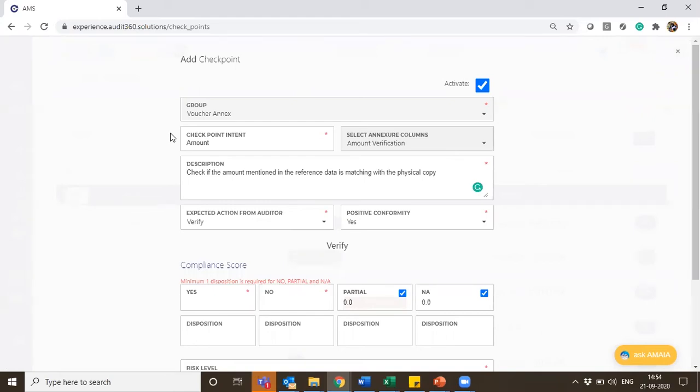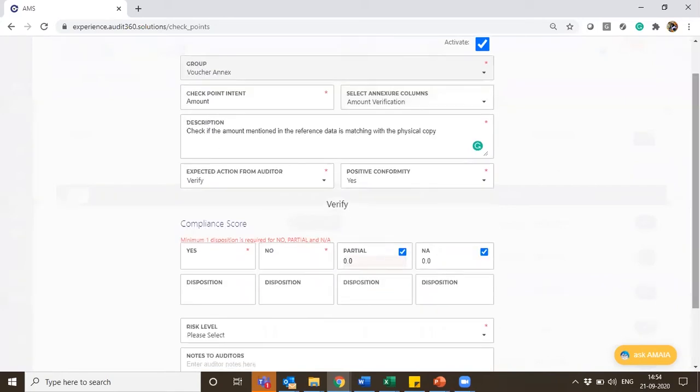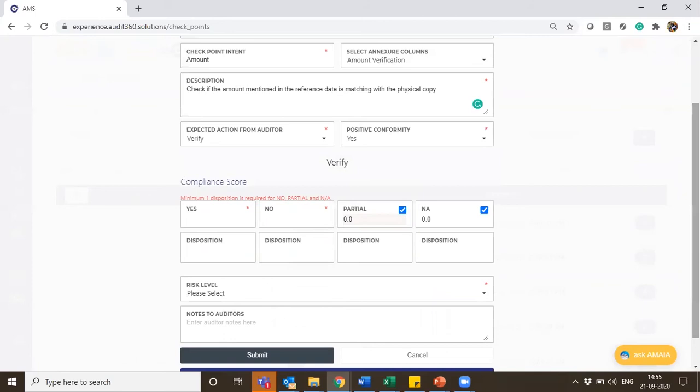Otherwise, you would prefer to have a list, maybe an Excel or another copy in paper verification that we would need. But in this form, the relevant information when it is mapped will be tagged to a checkpoint and the information would be seen by the auditor on screen. And if you have seen, the moment we have taken the column as amount verification, in a column we had chosen verify, so the verify screen would appear here.